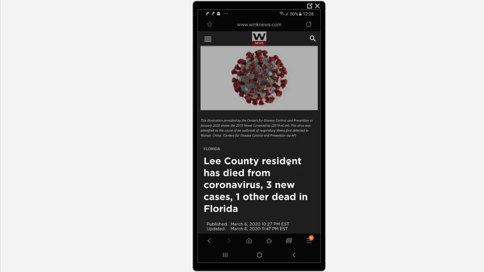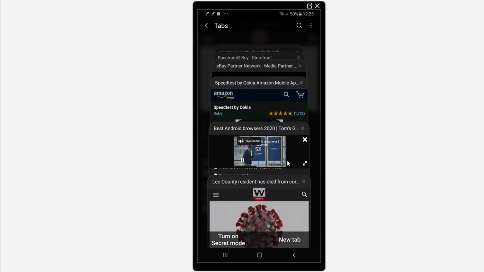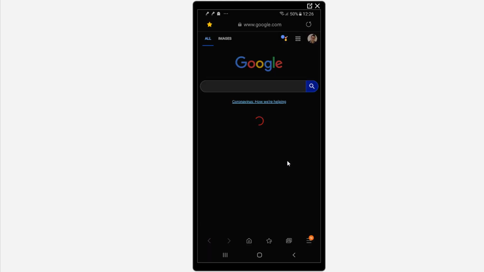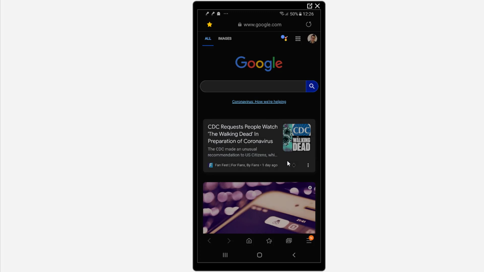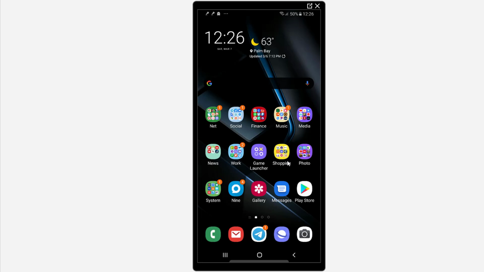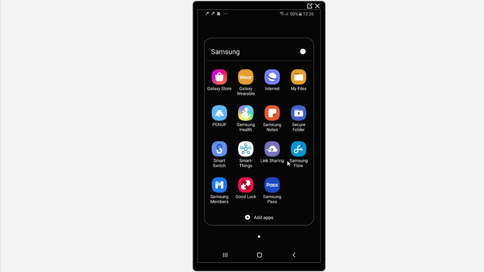So that kind of encourages me when I'm trying to go in and open up a new tab. I'll have to close out an old tab that I know I'm not using and launch a new tab that way. Just the user interface, the fact that it has the saved pages function, which is not available in any of these other browsers, to be able to easily store my content, the dedicated password management through Samsung Internet, and then there's also the fact that I have a Note 9 here, a separate application on my device locally that